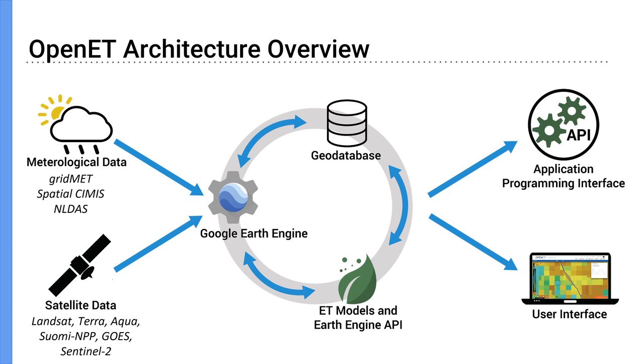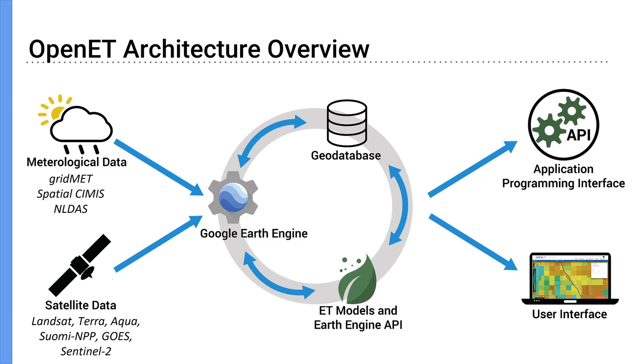OpenET uses publicly available satellite and weather data as inputs into the system, along with publicly available field boundaries to calculate summaries for millions of agricultural fields across the West. All of the satellite-driven ET models are implemented on Google Earth Engine, which provides a shared cloud computing platform for production of ET data using the ensemble of models. Results are stored in a geodatabase and accessible via the Data Explorer user interface and also an application programming interface,